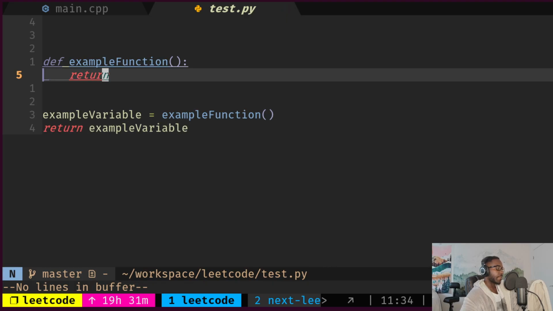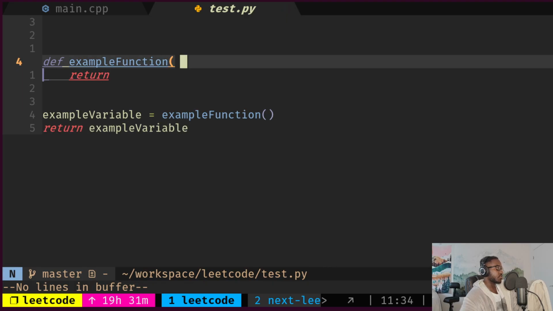Now, Amaria, here is an example function. I told you if you don't put a return,